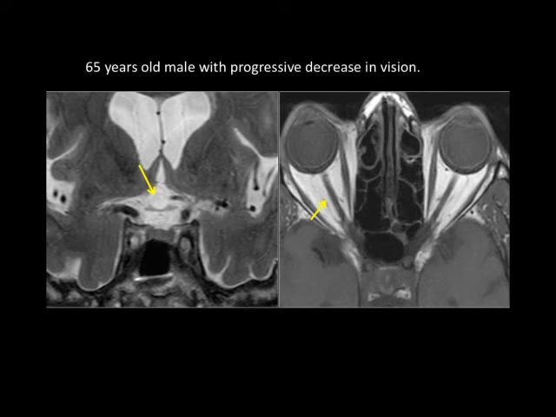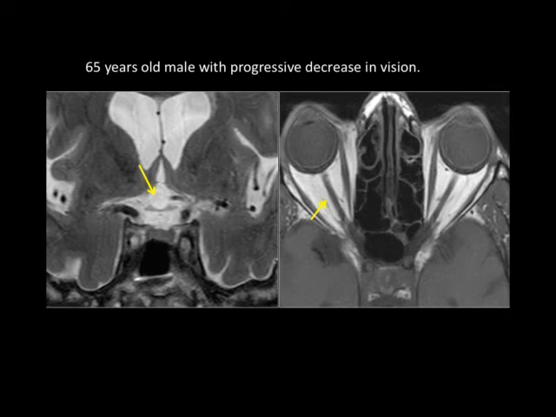How is the optic chiasm? It's not normal. It is small. Actually even the optic nerves were small. So basically optic nerve plus optic chiasm atrophy, moderate to severe. But I have shown this for a reason. Everything else is normal.